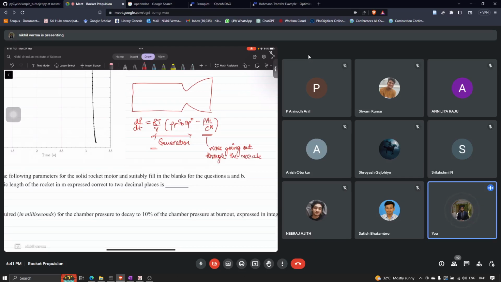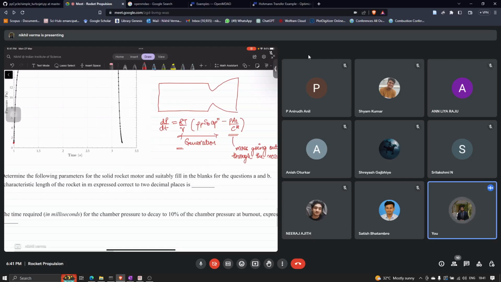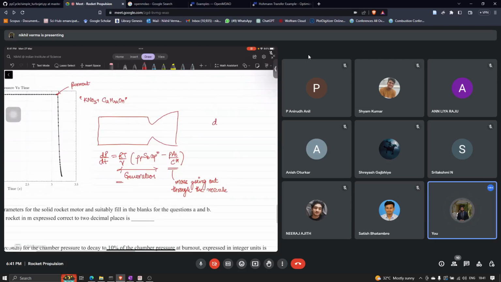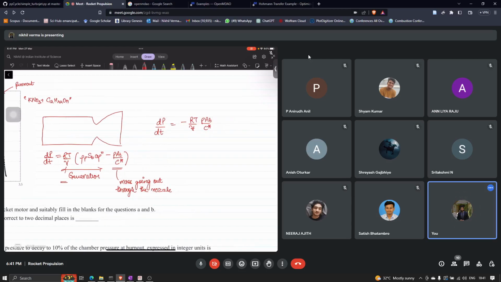Okay, so during the burnout, you do not have any generation term. So the only equation that you're left with is dp/dt equals minus RT/V times P times the area of the throat, divided by c star. I hope this part was there in the lecture, right? Correct, sir. Yes. Okay, so if you integrate this equation,